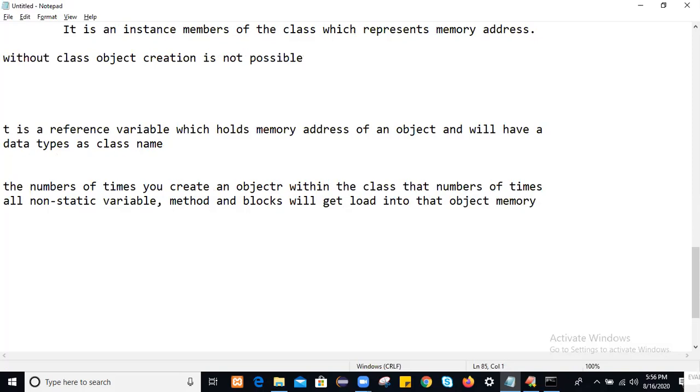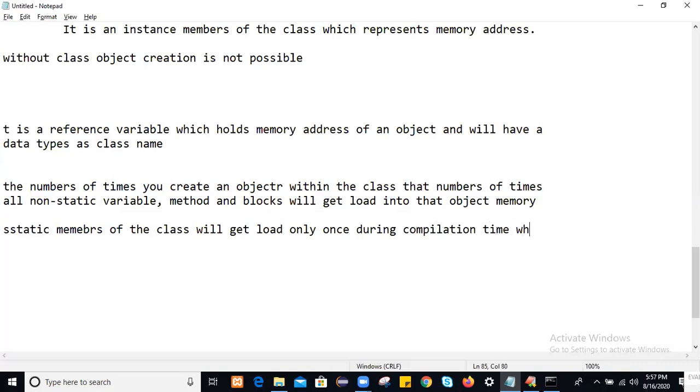And when you compile your Java program, static members of the class will get loaded only once during compilation time, when the .class file gets generated.